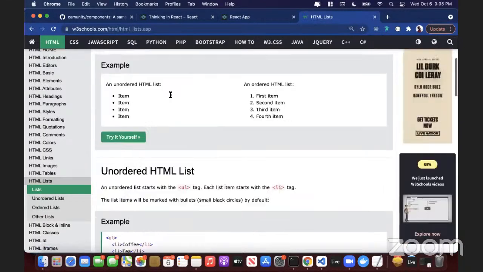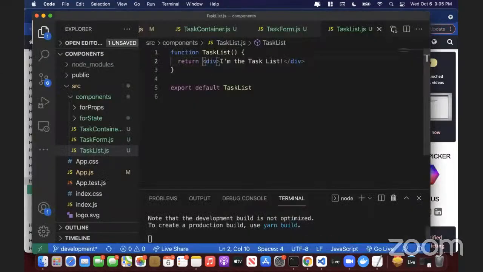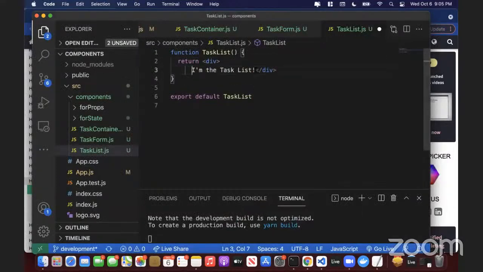So in this case, I don't really need an ordered list. I'm going to use an unordered list, and I want this unordered list to have different list items that will come back from the user. So for now, let's just take a look at what that will look like. So inside of this div, I'm going to